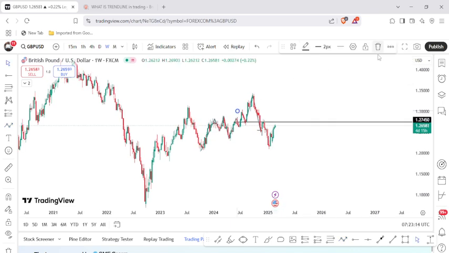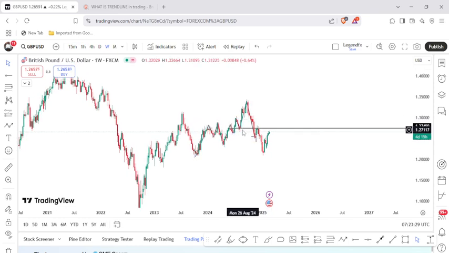Let me delete this, sorry. Remember, we are doing this on the weekly time frame. This was the low that led to the break of this high here. So now this low becomes our area of interest, our point of interest where we are keeping our eyes. Ideally, if this wants to continue higher, it is not supposed to come and break this particular low. But for some reason,